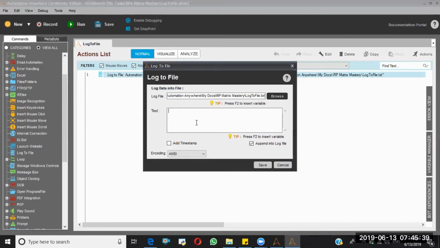So now I'm going to say "discussing about log2 file command". I'm saving this.